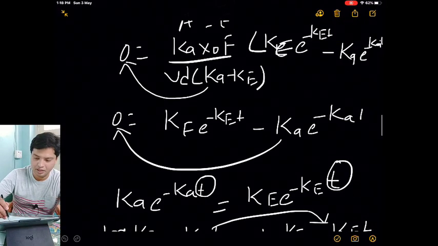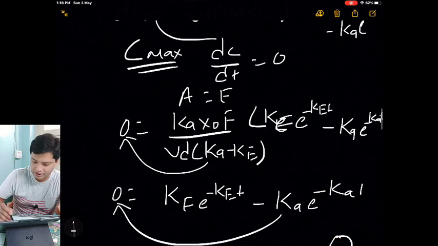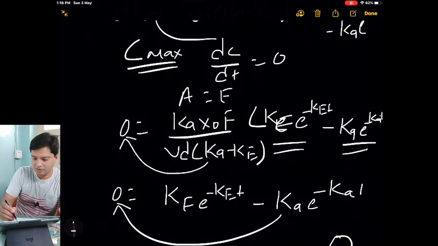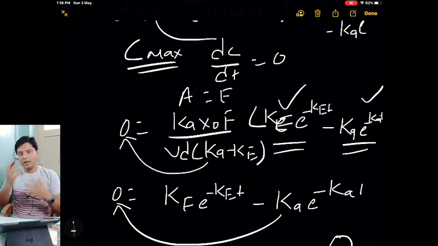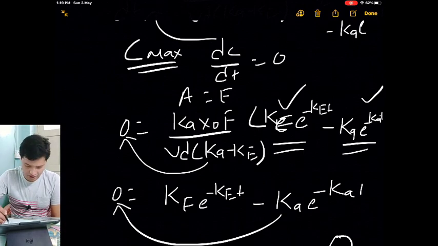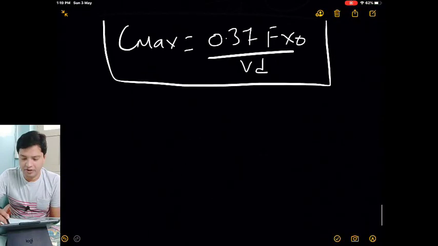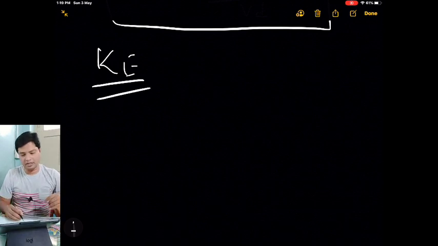Yeah, you can see clearly here whatever I have written. This has two exponents. One is the absorption exponent, the other is the elimination exponent. Since we have two exponents in the equation, we call this a biexponential equation. From this equation, we are concentrating only on Ke. I want to determine the value of Ke, the elimination rate constant.